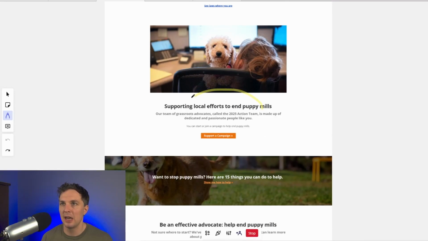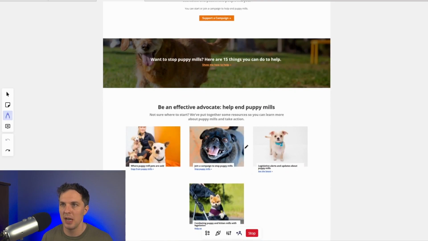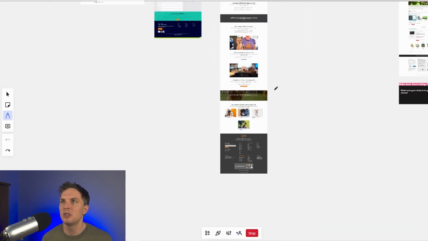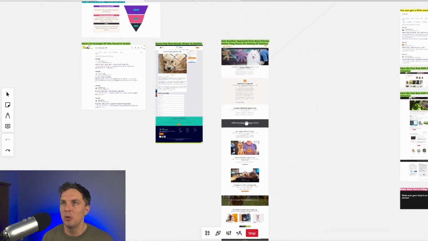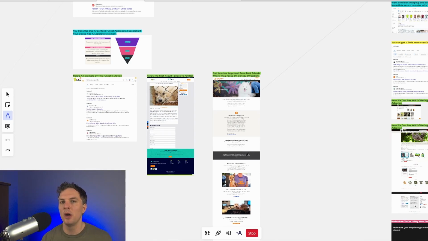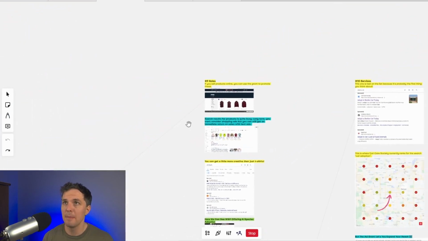And then they've got a lot of different options for you to participate. So you can support local legislation. And of course, you can sign a petition. A couple of those down there do lead to petitions. So you've got two different approaches here. Both of them work. It really depends on what you want to prioritize and what your goal is, whether that's direct to petition or education and sending them some other options, including petitions. Okay, next